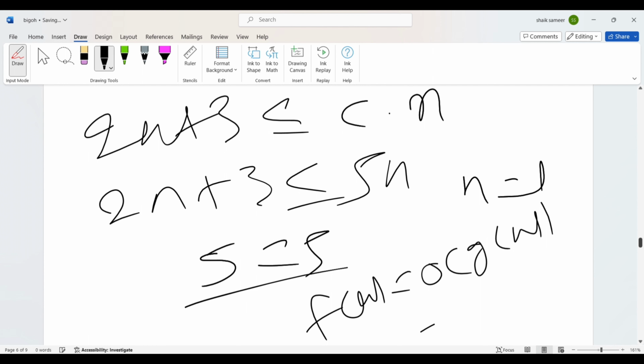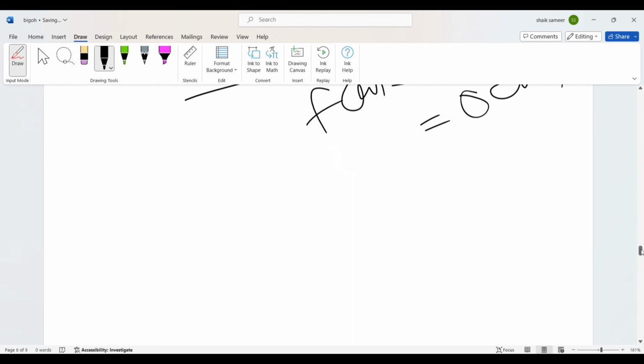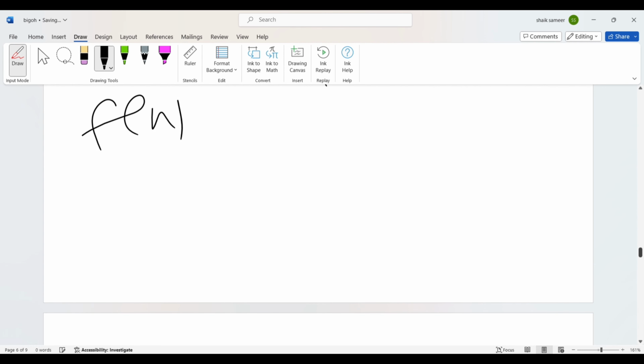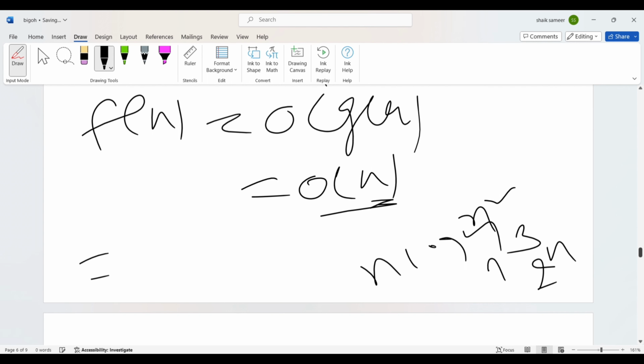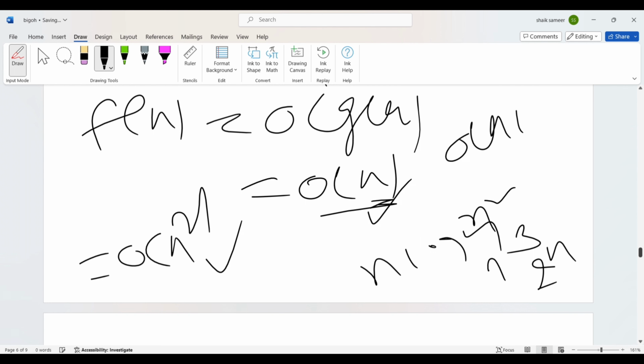From the Bigoh notation, what is g of n? It is n, so substitute n. Finally we got f of n equals Bigoh of g of n, that is nothing but Bigoh of n. Observe this statement: Bigoh notation is an upper bound notation. In the place of n, you can write n square, n cube, 2 power n, or n log n. Anyone you can write, meaning Bigoh of n square is also a correct answer, or Bigoh of n log n is also a correct answer, because